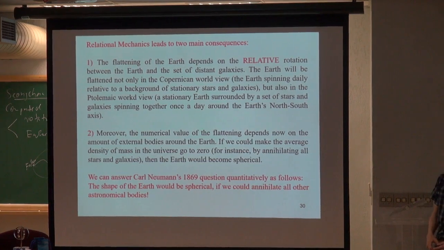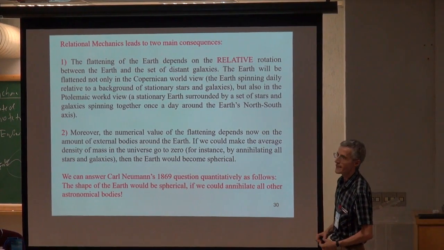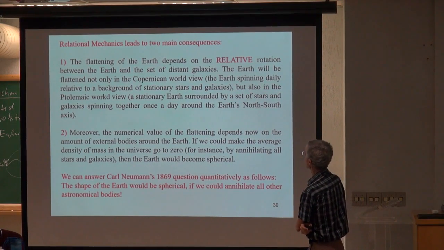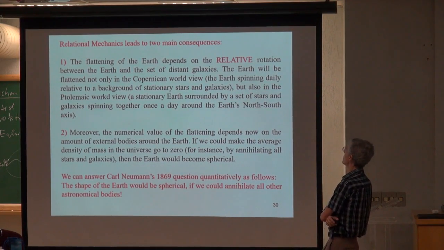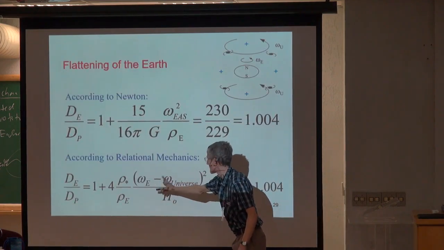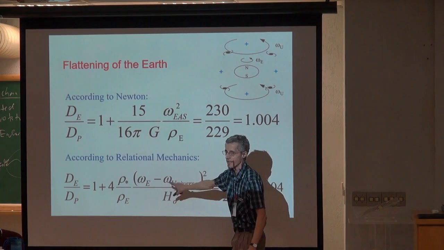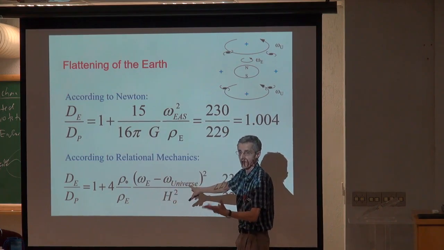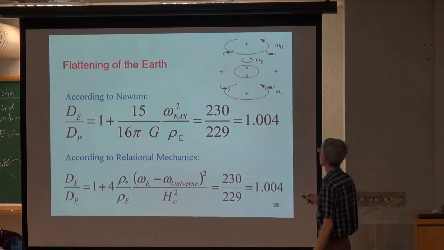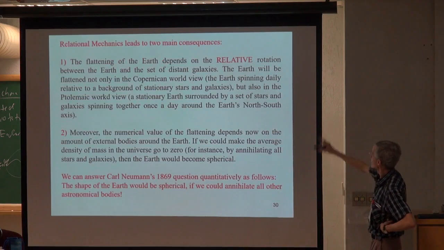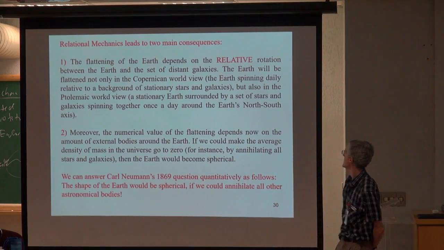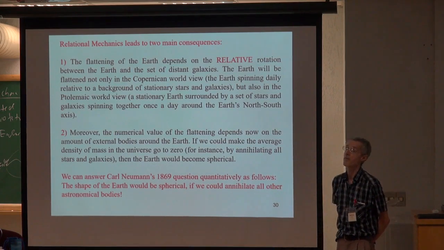Relational mechanics leads to two main consequences. One, the flattening of the Earth depends on the relative rotation. Relative rotation because of this omega of the Earth minus omega of the universe. It's not only the rotation of the Earth, it is between the Earth and the universe. It depends on the relative rotation between the Earth and the set of distant galaxies. The Earth will be flattened